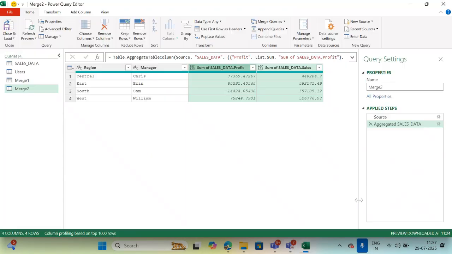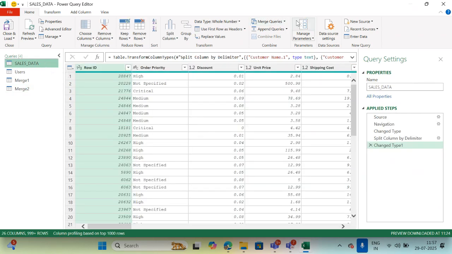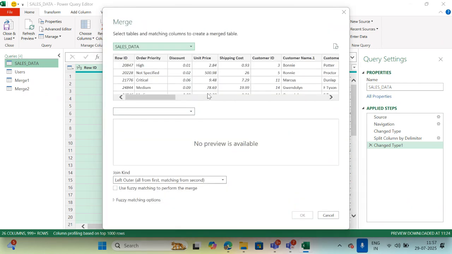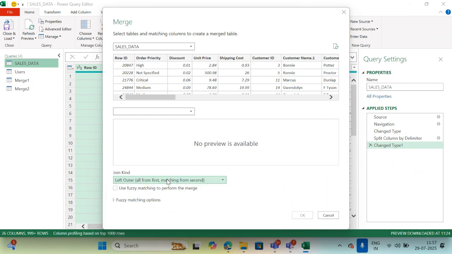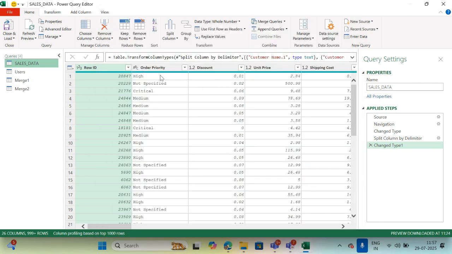Okay. So the next is, after the merge query. Now please check, when you want to use the merge query as new, I don't want to merge with the original table. There is an option of left outer join, right outer join, full join, inner join, then left anti and right anti. Now what are these? They tell you all from the first, matching from the second. That means, suppose